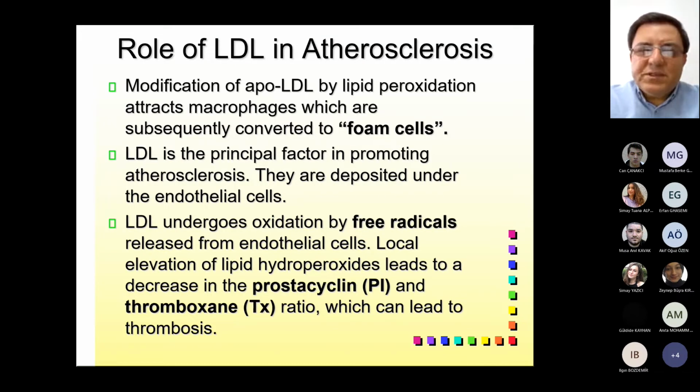And what is the role of lipoproteins in atherosclerosis? By means of lipid peroxidation, it attracts the macrophages, and it is converted to foam cells. And LDL is the principal factor in promoting atherosclerosis. They are accumulated under the endothelial cells, and here the LDL undergoes oxidation by means of the free radicals released from the endothelial cells, and the local elevation of these lipid hydroperoxides leads to a decrease in the prostacyclin and thromboxane ratio,